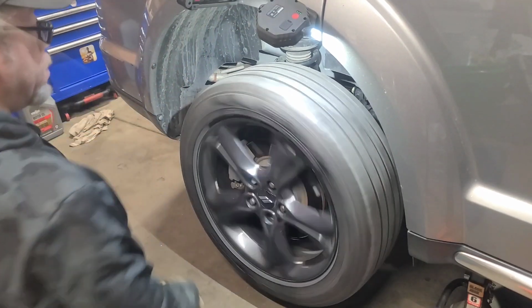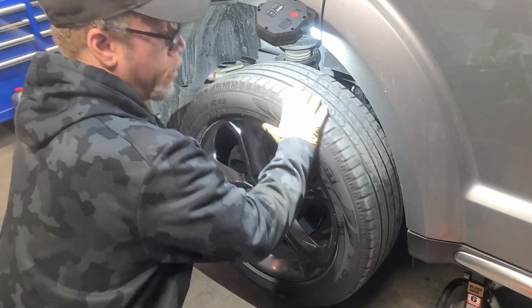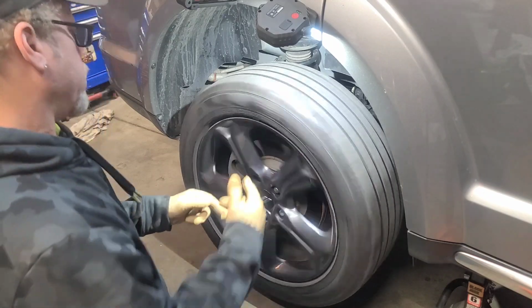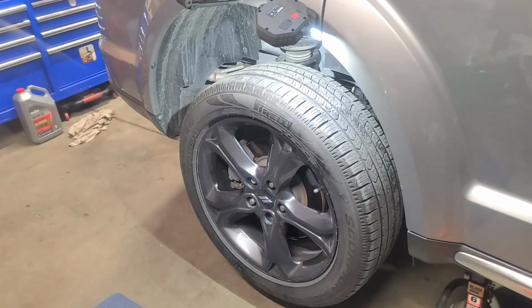So you hear the tss, that's your brakes. So we're gonna go forward. And that right there is letting you know that the wheel bearing is bad. So let me get set up, take the wheel out, and show you what you're gonna have to do and